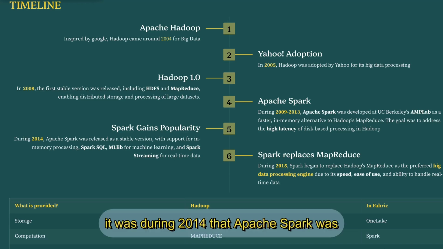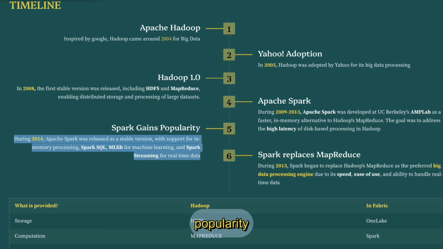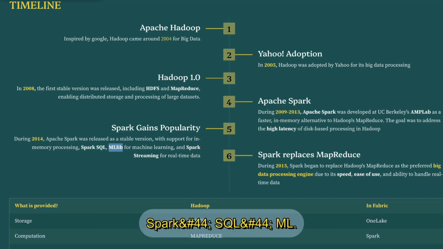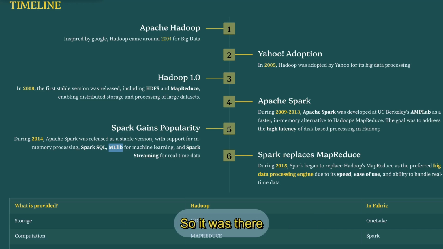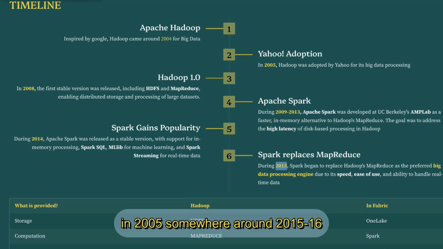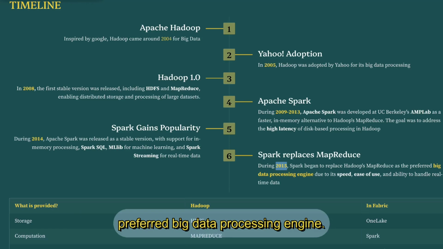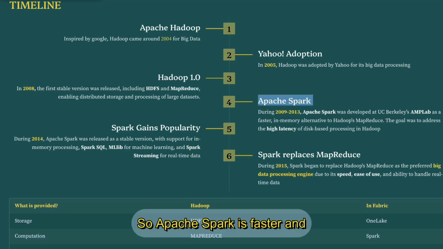So it was during 2014 that Apache Spark was released as a stable version, and it gained popularity because there was support for in-memory processing, Spark SQL, the ML library for machine learning, and Spark Streaming for real-time data. So it was there, and that's why it became popular. Somewhere around 2015-16, Spark began to replace Hadoop's MapReduce as the preferred big data processing engine. So this is an engine, MapReduce and Apache Spark. Apache Spark is faster, and it provides low latency, so it